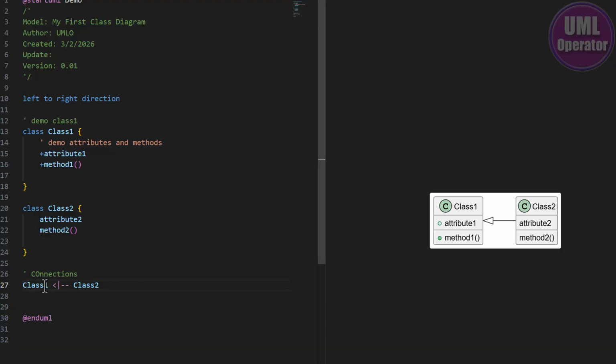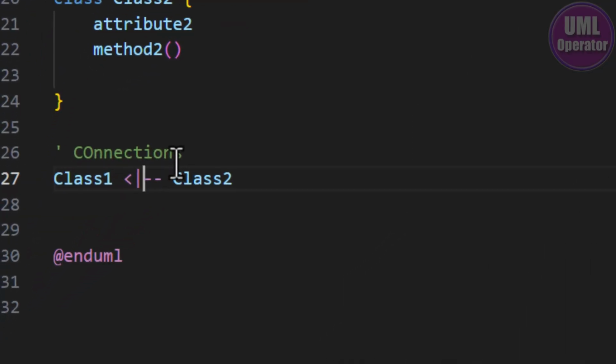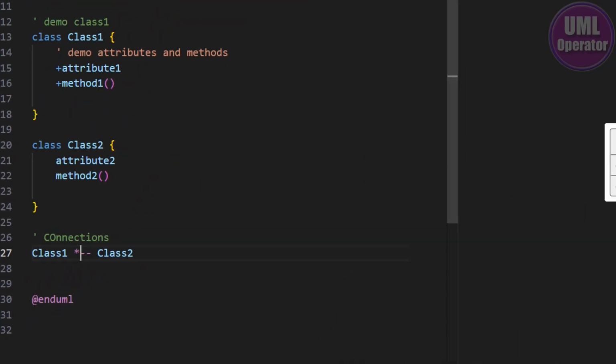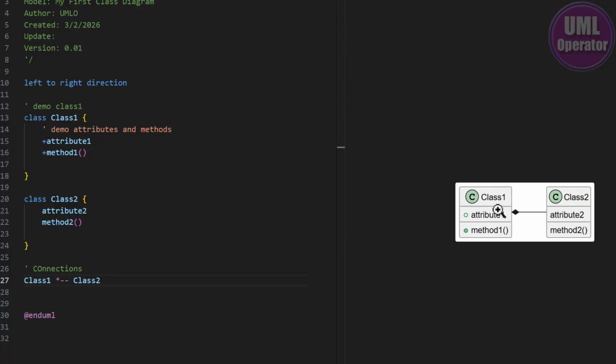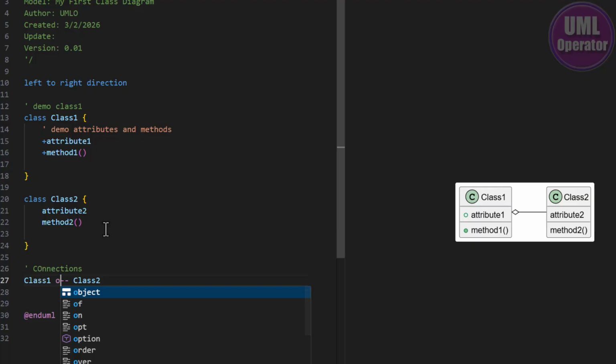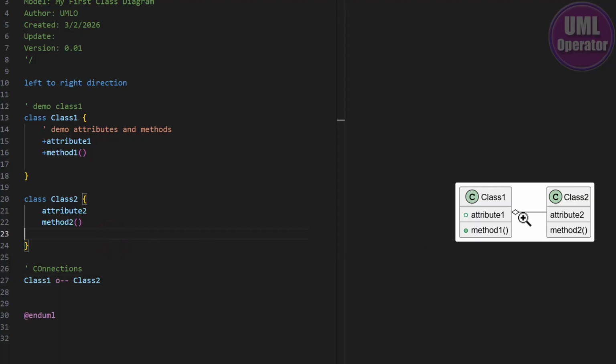And composition, let's go in here. We're going to use extras here. And now we've got this class 1 owns class 2. Remember, the diamond is always on the parent element, and then aggregation is going to be simply O. And now you can see it's an open diamond, signifying that it's part of the whole of a particular element relationship. There's certainly much more, but we'll cover all of this in more detail when we get to class modeling